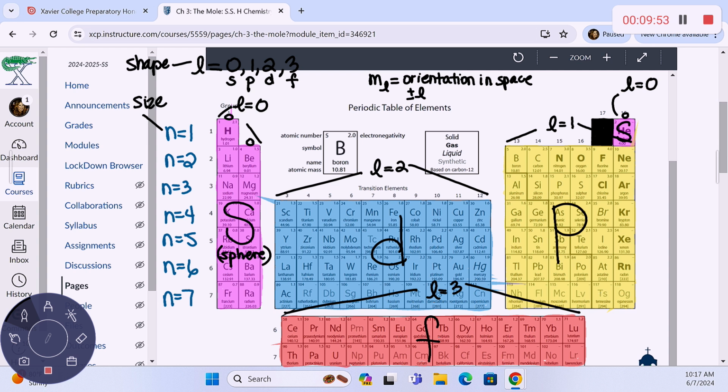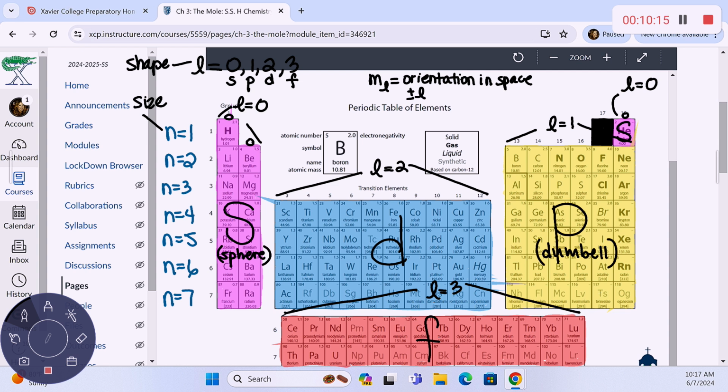If I'm in a P, the P's are a dumbbell shape outside of the nucleus. So the electrons in the P's are moving in these dumbbell-shaped clouds. I have one on the x-axis, one on the y-axis, and one on the z-axis. So I have to describe where the electrons are located. How do I do that? Since my L is a 1